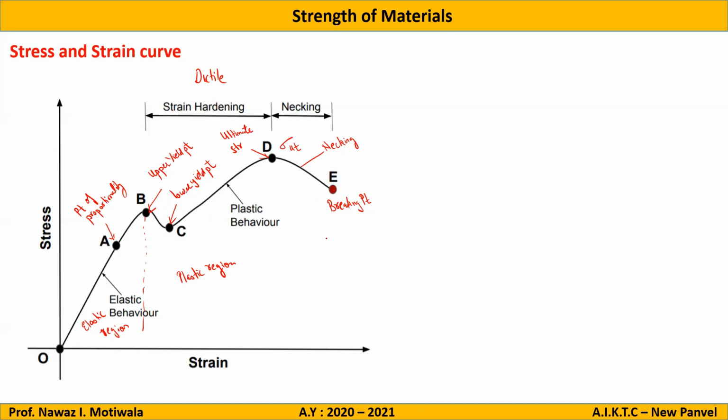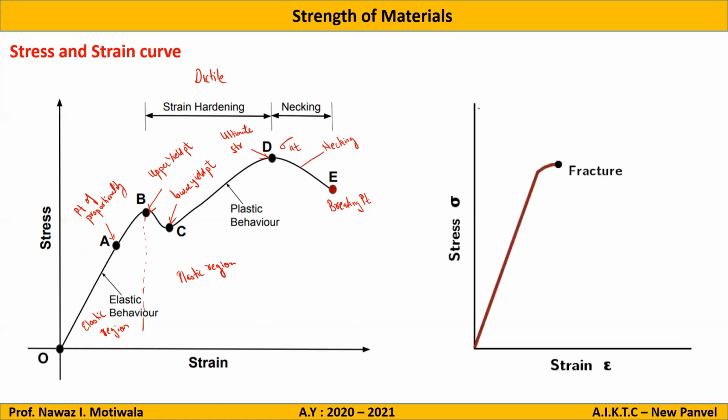Now let us see what happens when it is a brittle material. So this is a case of a brittle material, or you can say the stress strain curve of a brittle material. Now just observe these two. You can see the similarities that from point O to point A, it is exactly similar. The only thing in brittle material is there is no plastic region. As you can see here, from point B the plastic region starts, but in this case the curve ends here only. That means there is no plastic region. The material will fail at this particular point only.